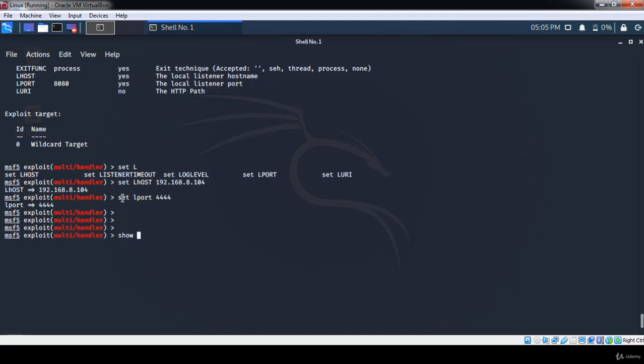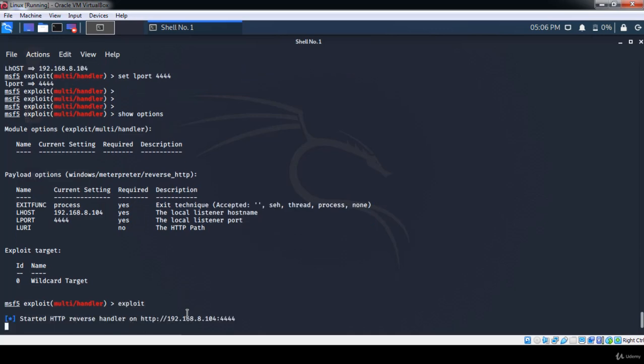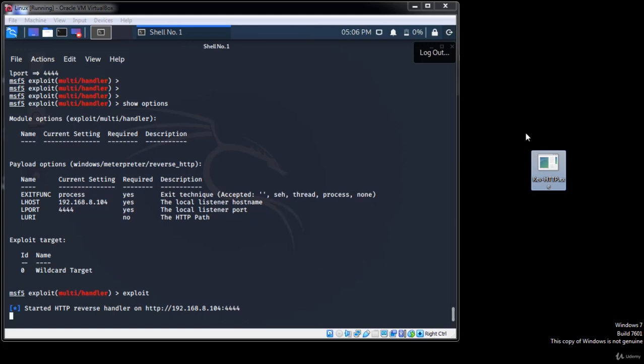Now again if we write show options, so now it's done as we need it. Then we write exploit to start listening to the file. Let's say my Windows machine is the target machine. So if the target user opens this file,